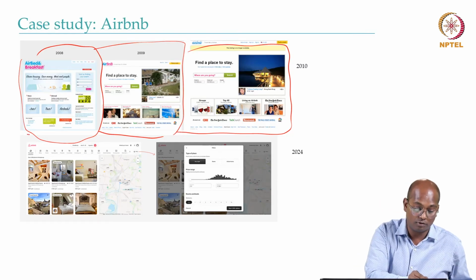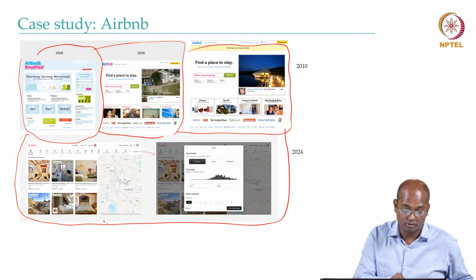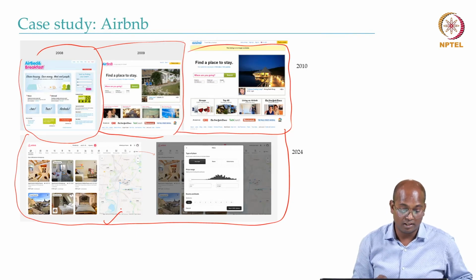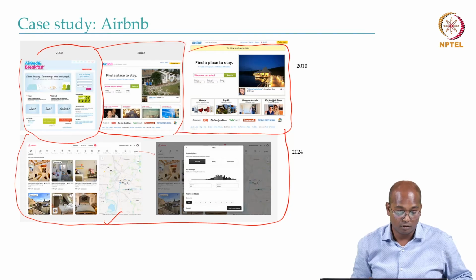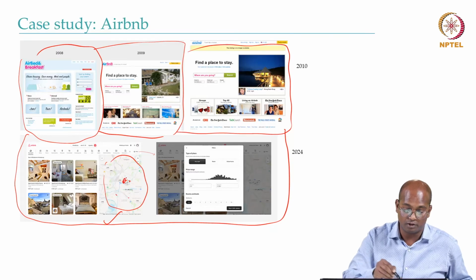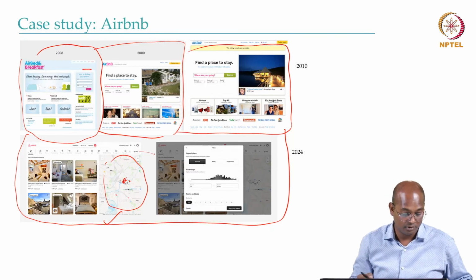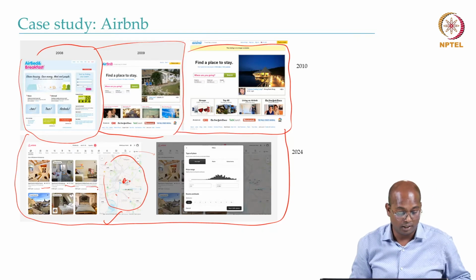And now in 2024, you can see how it looks. The UI is very clean, with very clear descriptions and buttons for the most common things. Often you want to compare the solutions on the map based on other constraints, like how far they are from your point of interest, and many other details you can see here, and also the ratings by the different guests who have stayed at this place so far, and their numbers.